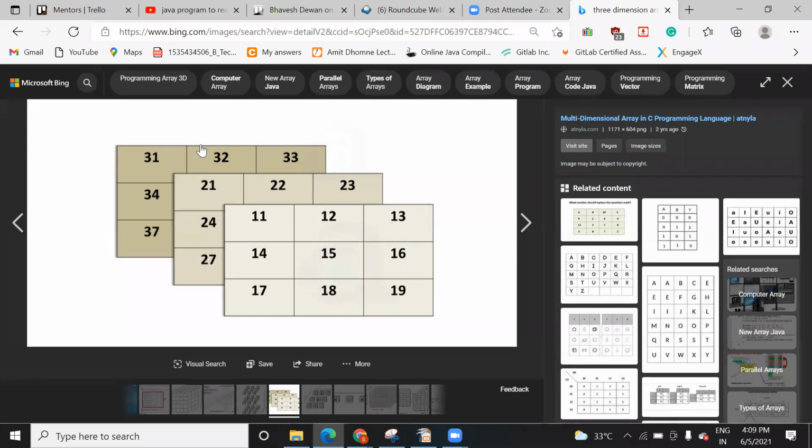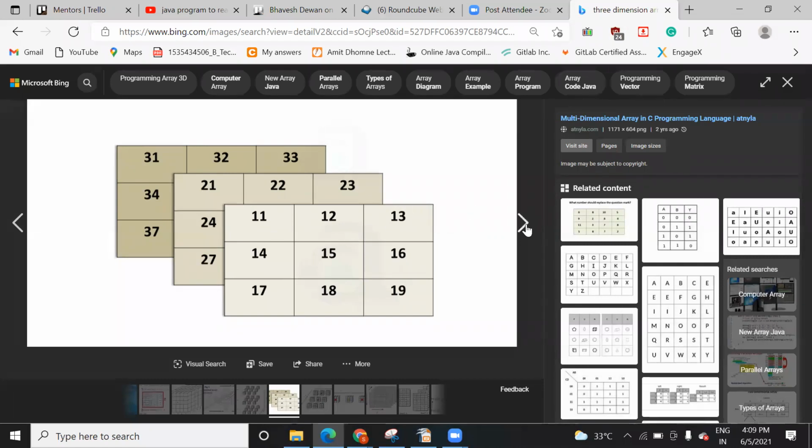The second and third indexes will manage the rows and columns. So if we are talking about a three dimension array, the first index will tell you which block you are managing. Here the index will also be 0, 1, 2, meaning zeroth block, first block, second block. Then inside the zeroth block, we need to manage the row number and column index number.